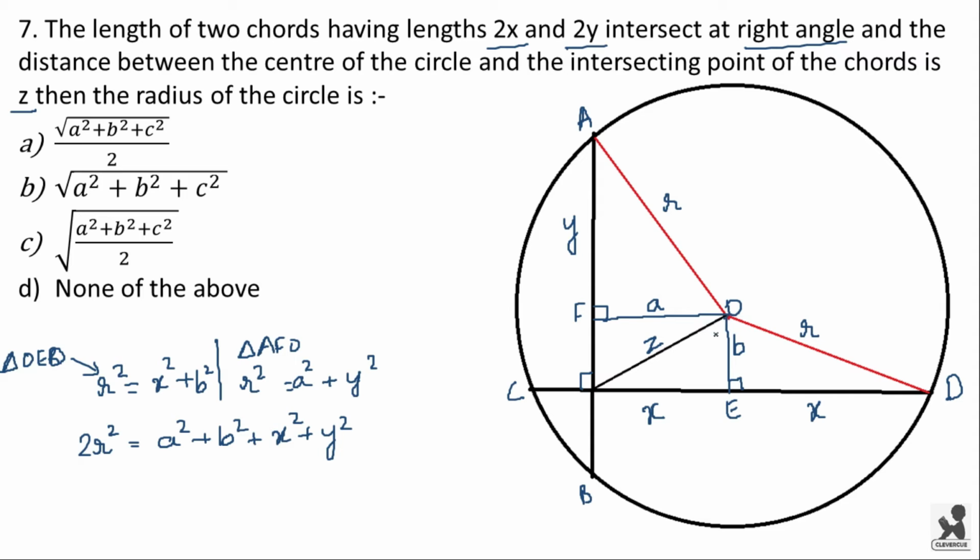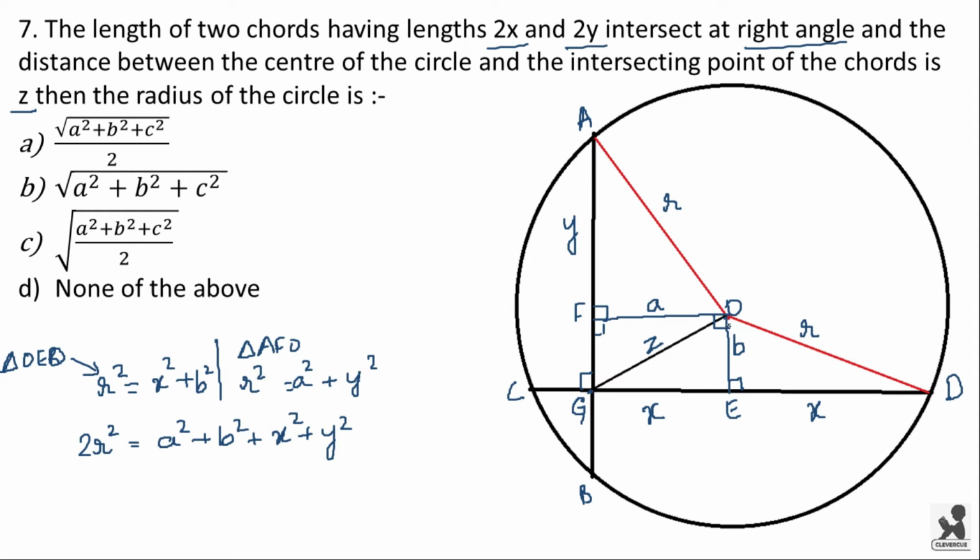Here if you see, the length of z is a square plus b square. How can you get this? If this intersection point is G, GE is equal to FD, because you can see that FGED is a rectangle. The opposite sides will be equal because this angle is 90 degrees, and similarly angle E is 90 degrees, and angle F over here is also 90 degrees. So automatically angle EOF will also be 90 degrees. So this is a rectangle.